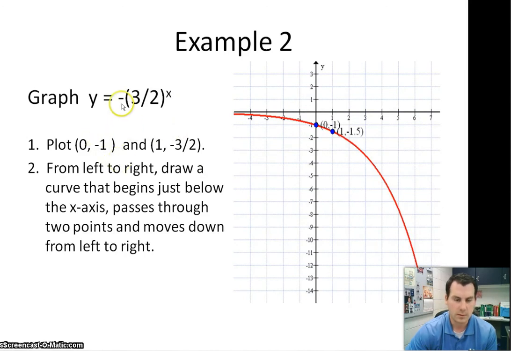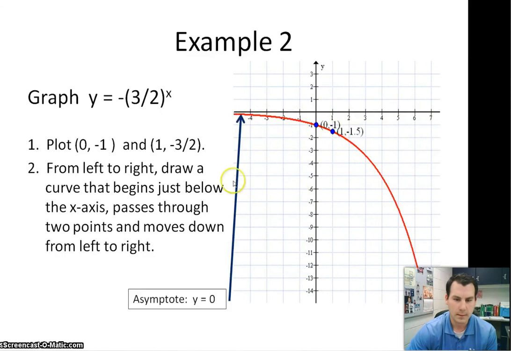So now at this time our a is -1, so it shows up just as a negative sign there, and our b is 3 halves. Put in 0, you get -1. Put in 1, you get -3 halves. And now, when we plot those 2 points, if we draw along that y equals 0 line and go through our points, now it's going to give us a down to the right shape. That's due to the negative sign. Okay, again, just like the square root functions and the cube root functions, it's going to be reflected in the x-axis. And there it is. It's going down to the right now. And again, our asymptote is at y